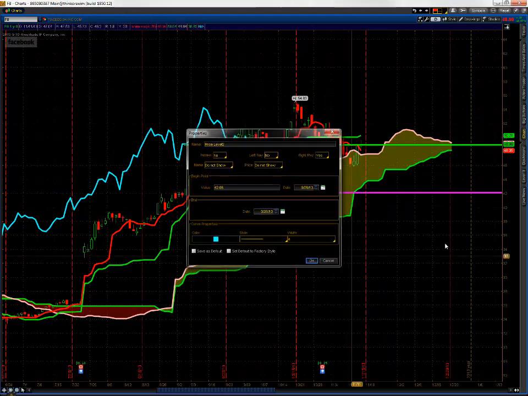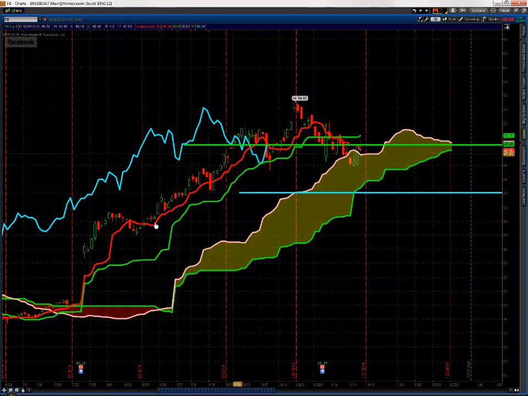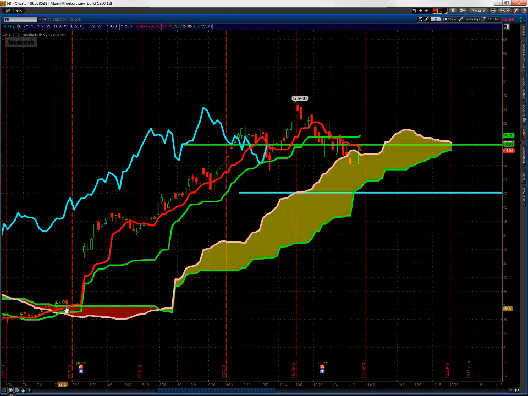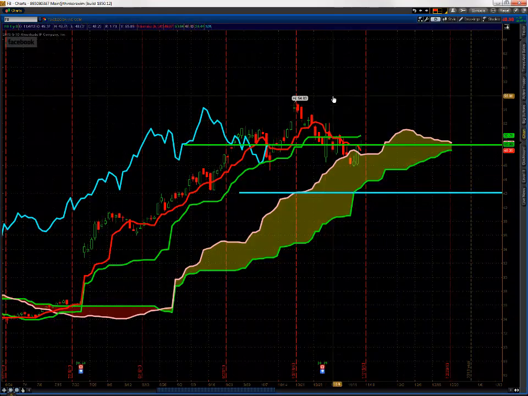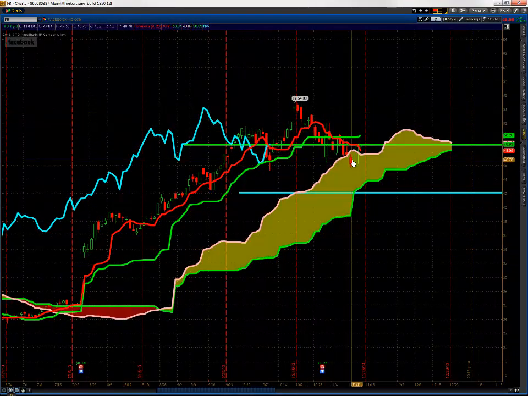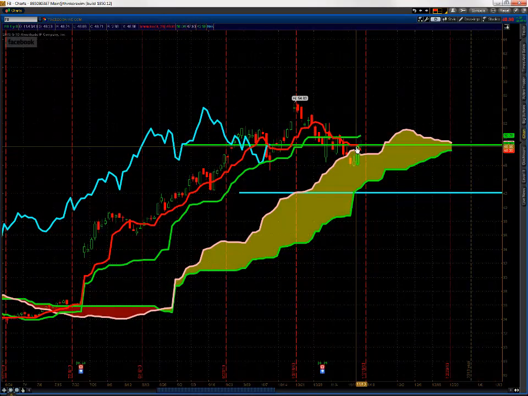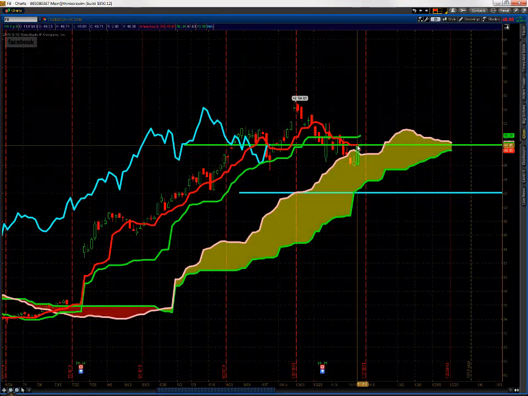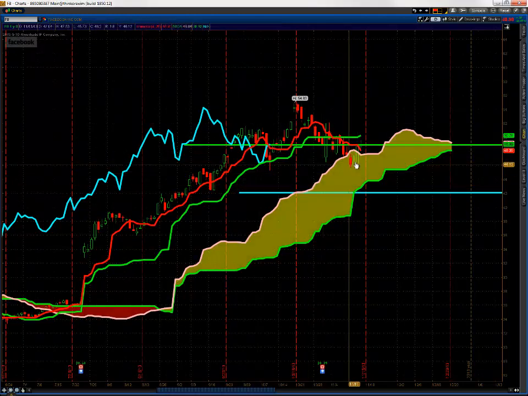So this Facebook is actually a perfect example. On the daily chart, it broke the cloud right here. You could have bought it at $26, hit a stop at 24, straight up. Boom, straight up. It went down, it got into the cloud. The cloud is neutral territory. It broke back above the cloud. Most of the time when it gets into the cloud and breaks back above, it resumes the way it was